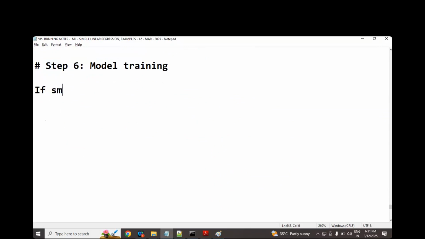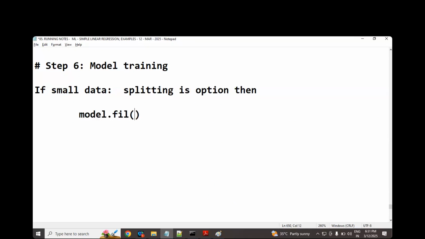If small data, splitting is optional. Then with the model dot fit method, directly you can provide input and output. If small scale data, splitting is optional. Then during training, you can provide directly input, comma, output.